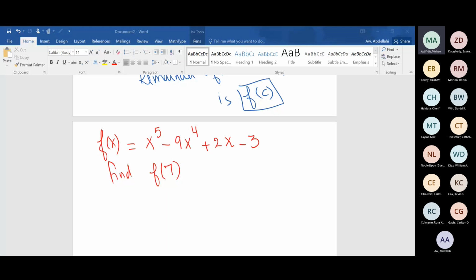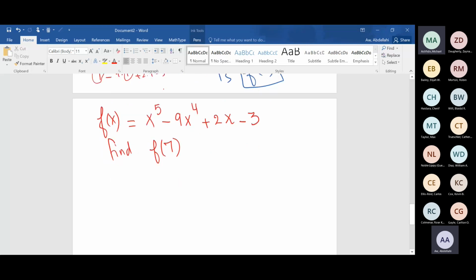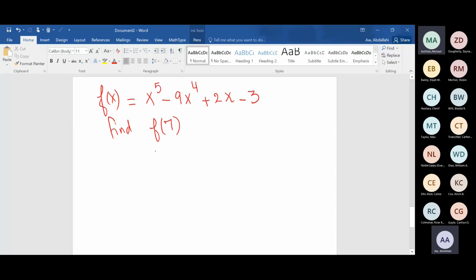Okay. So instead of doing 7 to the 5th power minus 9 times 7 to the 4th power plus 2 times 7 minus 3, if I don't have a calculator, this is a big number to deal with. This is another big number to deal with. This is a headache, right? If I don't have a calculator. So use synthetic division to do that. Go ahead. Use synthetic division